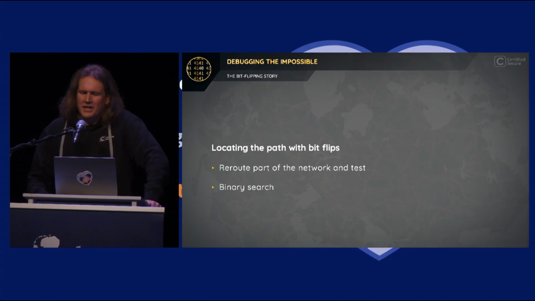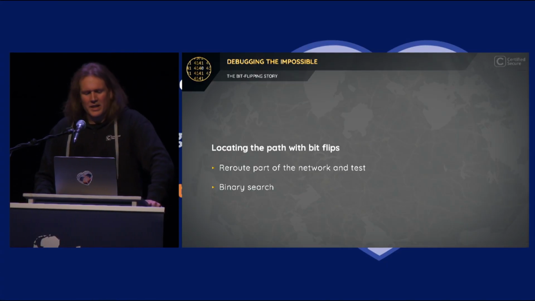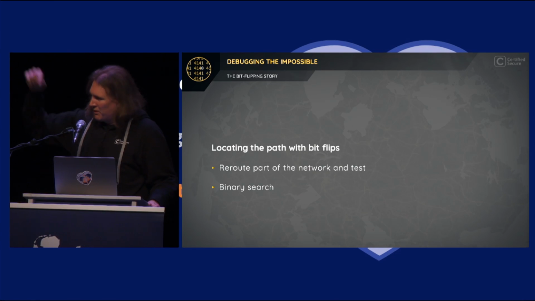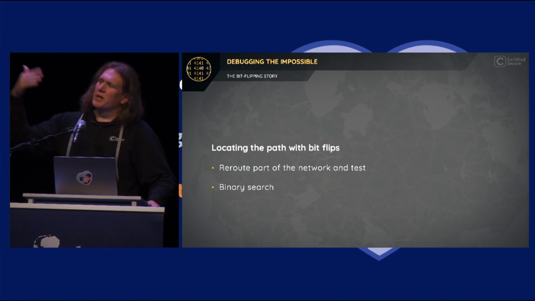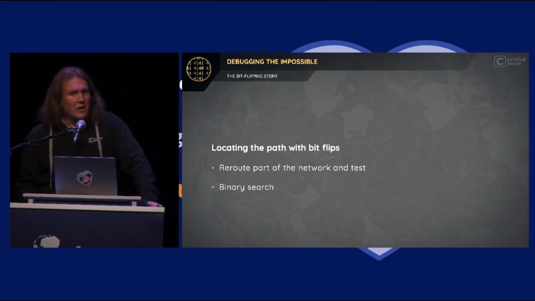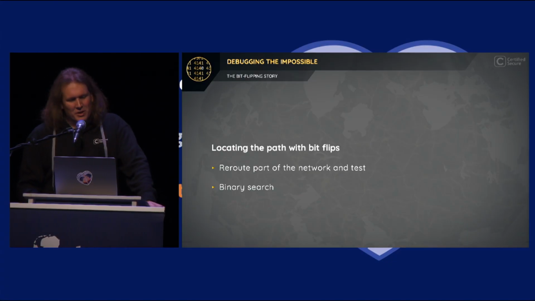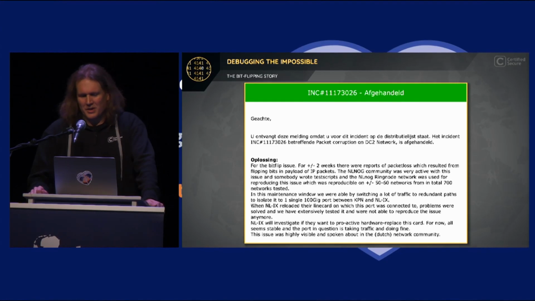Okay, this was it. Now, with the friends in KPN, we could do switching. Think of it, we joked about this at the beginning. KPN is going to do a binary search on the network. Okay, they didn't do a binary search, but with this tooling in place, the ring nodes in place, they were able to test from multiple locations. They were able to quickly pinpoint, because they knew which 77 networks were seeing the problems. They already had some ideas of where to go. So you do a binary search, and then finally, the ticket, I did send a ticket at some point, was resolved like this. So for the bitflip issue,